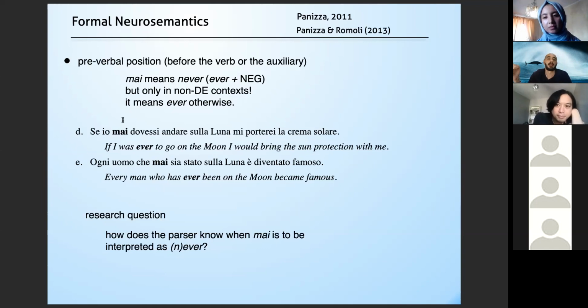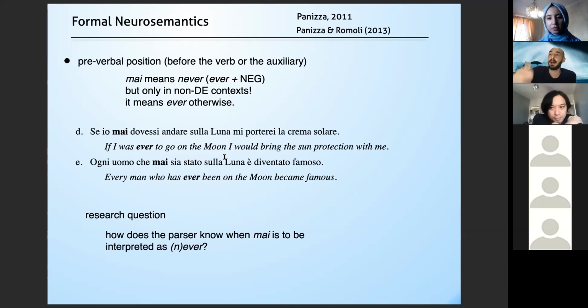If you say "se io andrò mai sulla luna, sarò felice", or "se io dovessi mai andare sulla luna", "se io dovessi andare mai sulla luna", "se io dovessi andare sulla luna mai", you can use it in all these different positions, right? It means the same. But that was predicted by